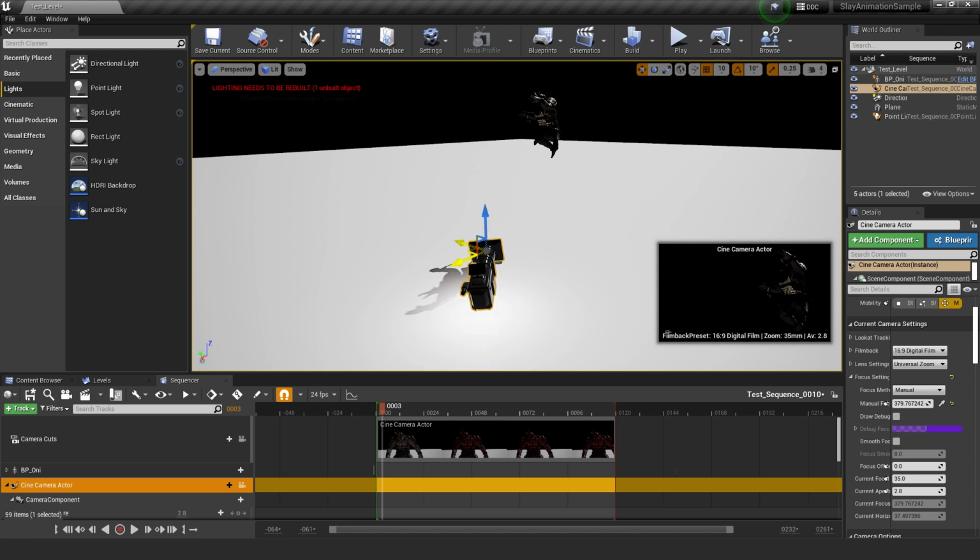I'm going to start here. And as you can see, if you pop out of the camera actor, select the camera, on the right hand corner of the screen of your editor window will be a representation of what the camera is seeing. So you'll at least always have your editor view and then also what your cinematic actor is seeing as well.